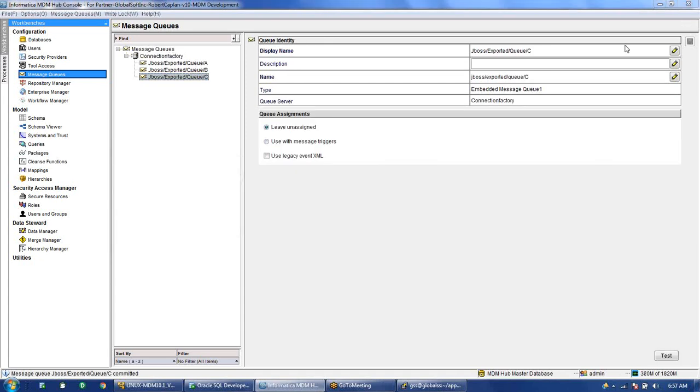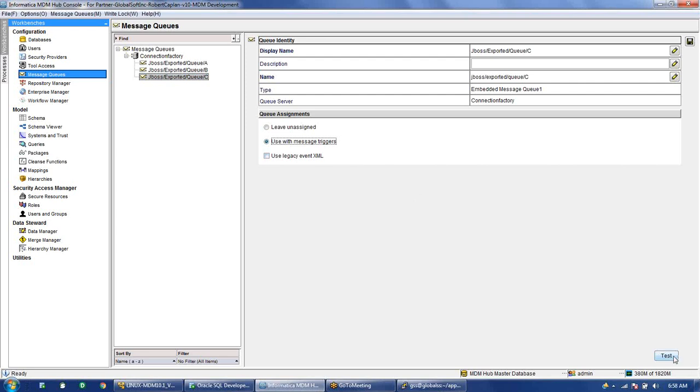Whenever we go and create any queue, it gives us these options: leave unassigned, use with message trigger, or use legacy event XML. We have to use the second option, use with message trigger.